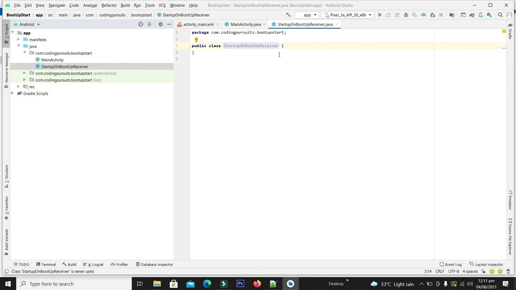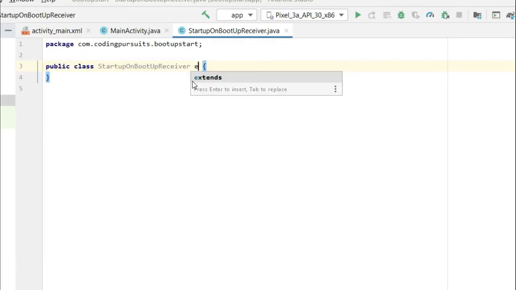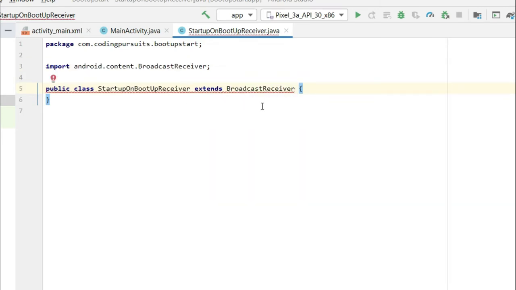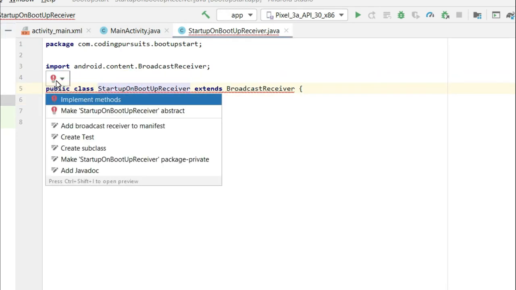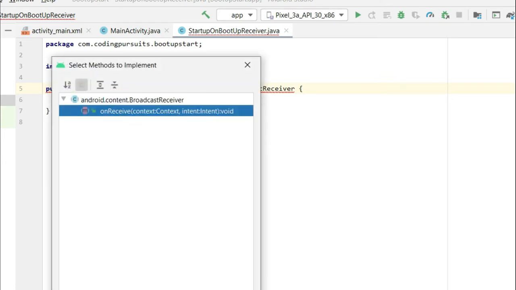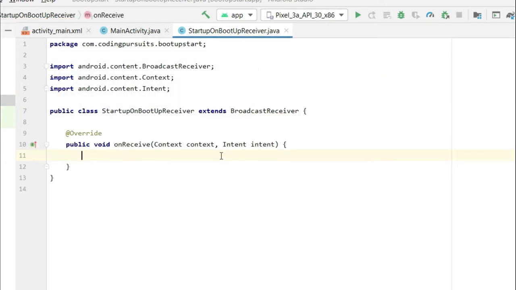First of all, I will extend it as broadcast receiver. I am getting some error because I have not included a method. Let's implement that method. Right click on this red icon, implement methods, and click OK. So our method is included.